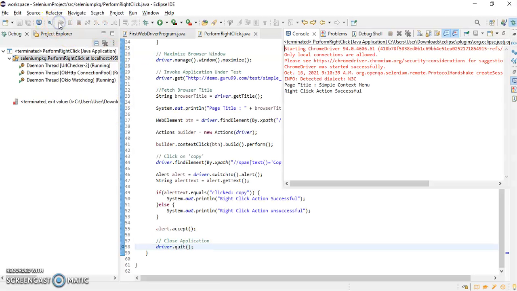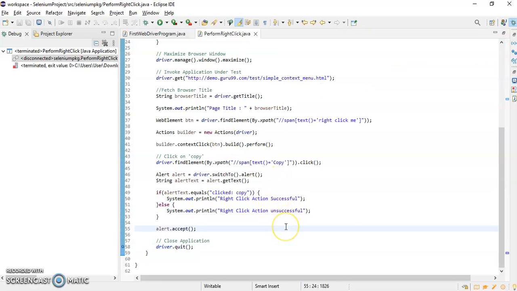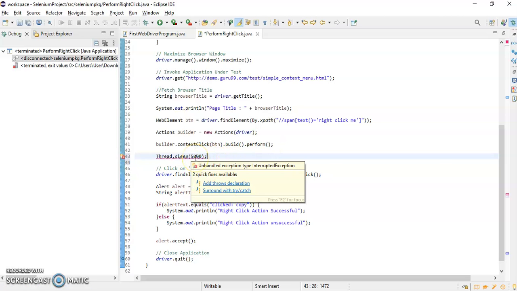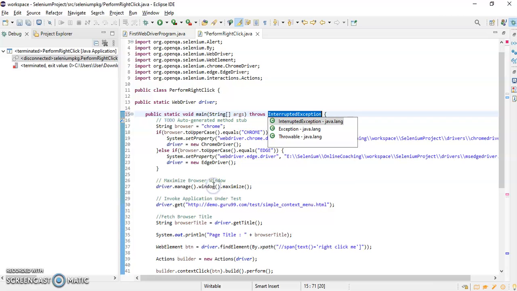So let me do one thing. I will give some static wait so that you will be able to see. Here I will give Thread.sleep, say 5 seconds so that you will be able to see, and it will throw InterruptedException.